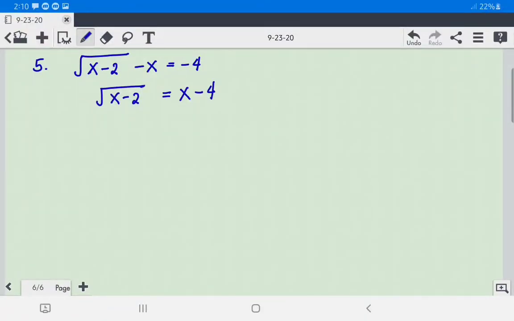Then after that, we're going to apply the principle of powers. We have the square root of x minus 2 equals x minus 4. So square both sides. So we have the square root of x minus 2, squared. We have x minus 2, then equals